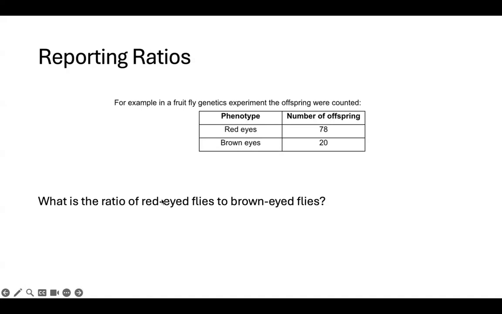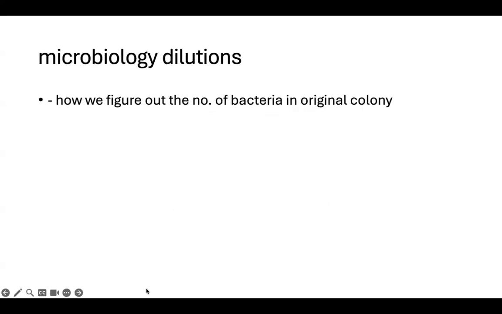Okay, yeah, well done to everyone who has said 3.9 to 1. The thing to remember, and what might catch people out, and I think it might have caught someone out today, is that when it says of red eyes to brown eyes, the second category that they're asking about, in this case brown-eyed flies, needs to be down to 1. So if they ask brown-eyed flies to red-eyed flies, then you bring red-eyed flies down to 1, and the answer would be,